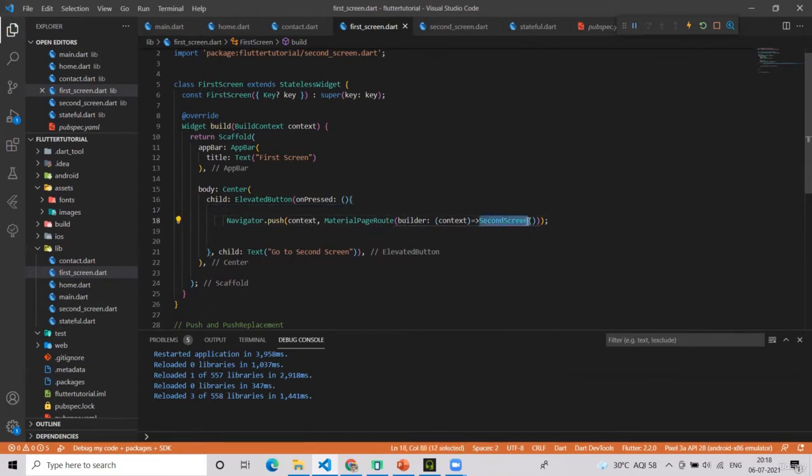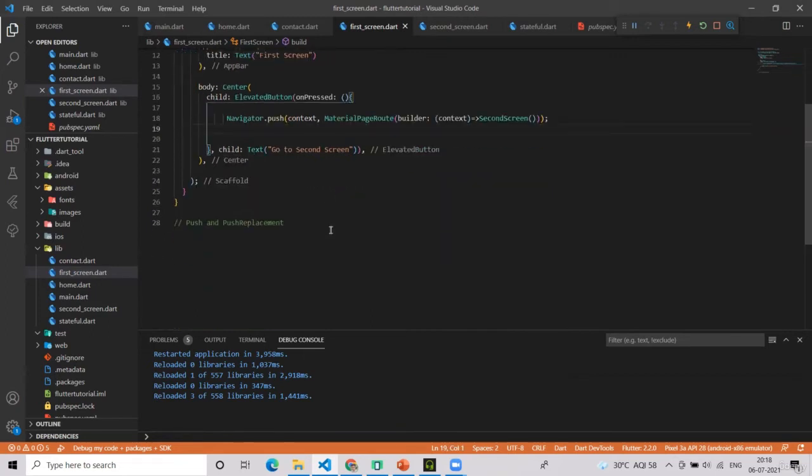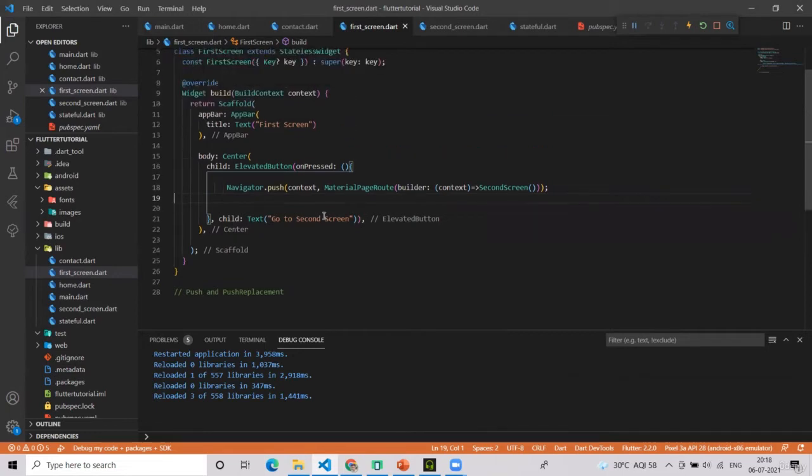Apart from this second screen, everything you have to just remember. This is the syntax. Navigator dot push takes two parameters. One is context and the second is material page route. Material page route accepts a parameter of builder, which is a function that returns the screen name. That is, that returns the widget, you can just say.